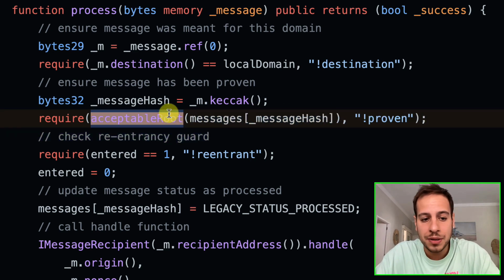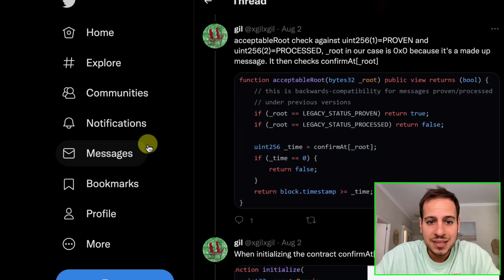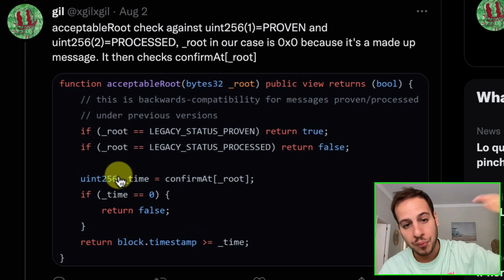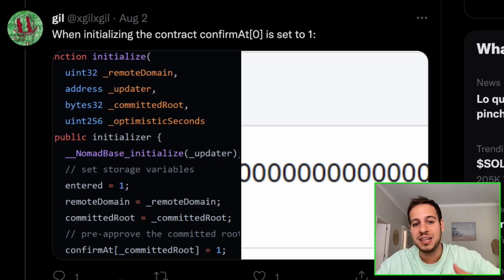So we need to jump into the acceptable route function. This process function calls the acceptable route function, and this acceptable route function is actually checking the route if it's proven and processed. Okay, so these are integers that it basically checks by this kind of route parameter. And the problem is that this function also returns true when the route is 0 because of the initialization of